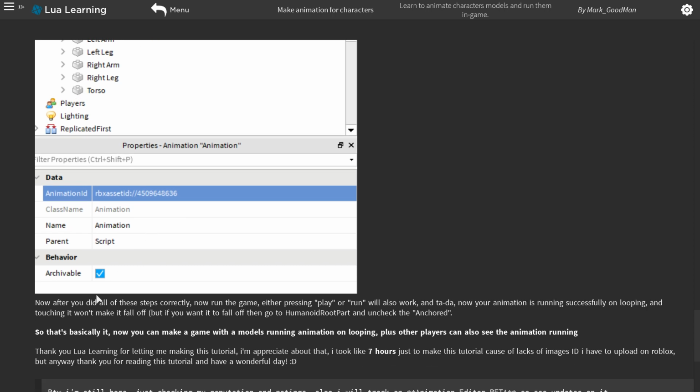Okay, cool. Now after you did all these steps correctly, now run the game. Either pressing play or run will also work. And ta-da, your animation is running successfully on looping, and touching it won't make it fall. But if you want to run, then go to the humanoid root part and uncheck anchored. So basically that's it. Now you can make a game with models running on looping, plus other players can see